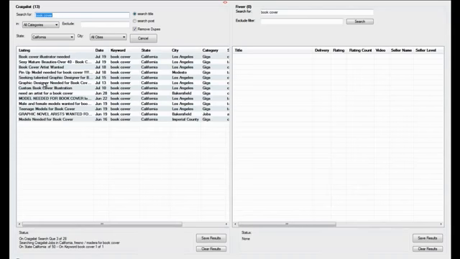Now it's going to keep pulling up new results, but I see already a few. Actually, this is a lot more than I thought just for California, and it's going to keep pulling them up here. But just so I'm able to click them, I'm going to cancel this search right now.